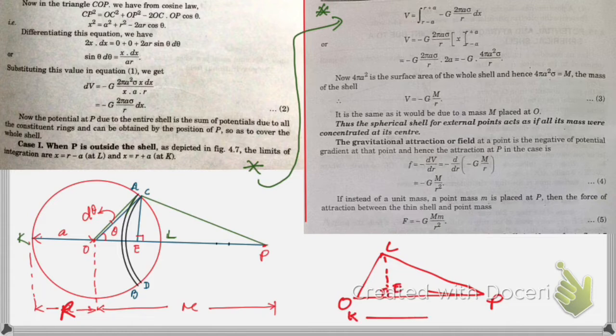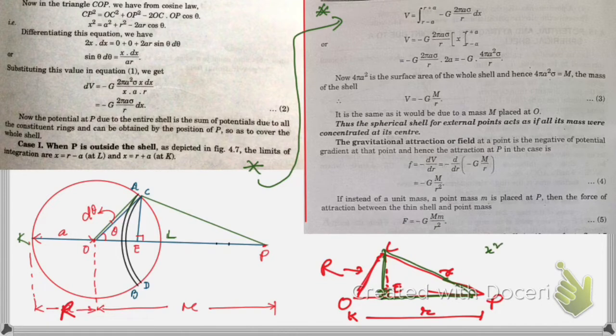So this distance is small r, and this is x, right? This line will be capital R, right? OC will be capital R. So if you apply here cosine law, that means, first take this triangle. If you take this triangle first, if this is 90, from this part you will get that